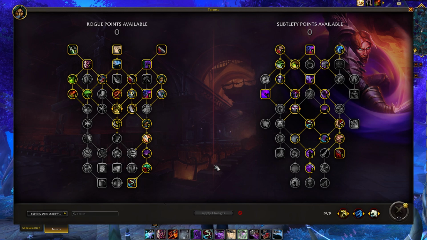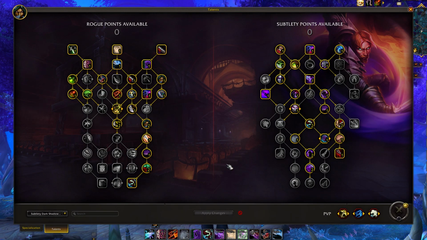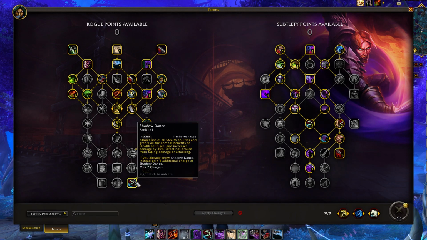Anyway, let's hop into it. So we're going to be talking about the Subtlety Rogue talents today. And they've added a lot of new stuff. Some stuff has come back, but for the most part, it actually plays pretty similar to how it did in Shadowlands and earlier expansions. One thing that I really like that they did is they put Shadow Dance into the